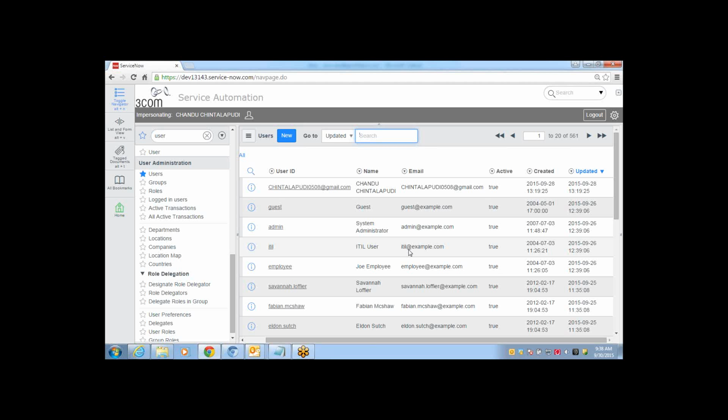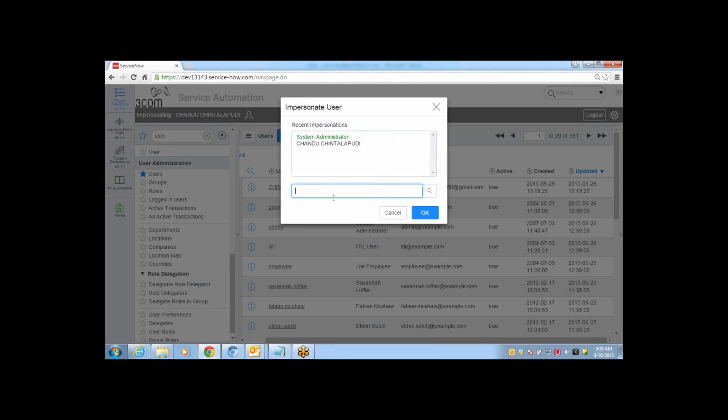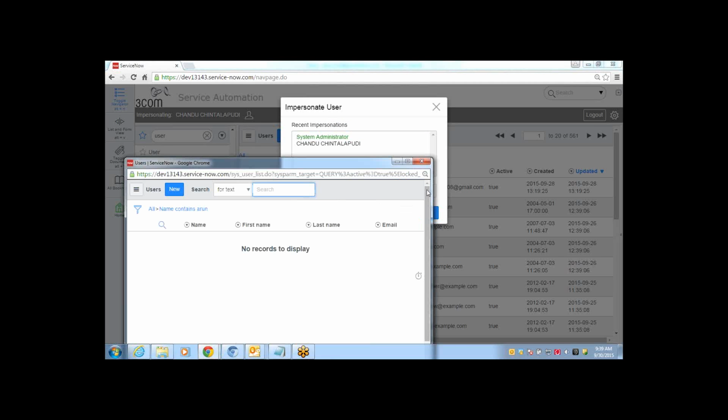Now we will go back to the administrator record. Then again we log in as Rana. Rana is now able to see Rana's data, and Chendu is a child of Rana, so he can see the Chendu data also. So now you impersonate admin Rana. You just click on the human button to impersonate.